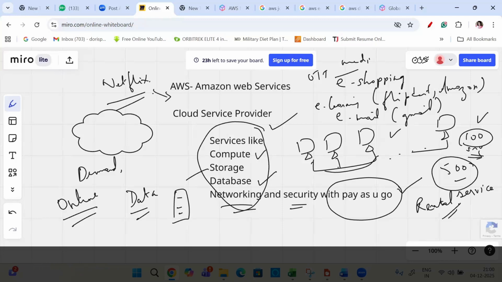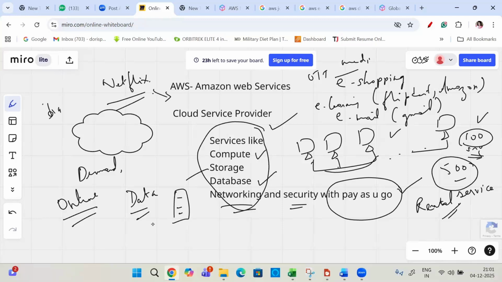Then we have BigBasket, which is also managed by AWS. So you can see, since there is so much demand for online services, AWS is providing all these services like compute, infrastructure, everything.